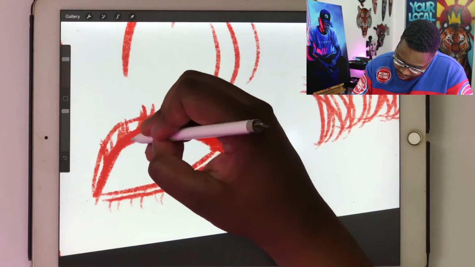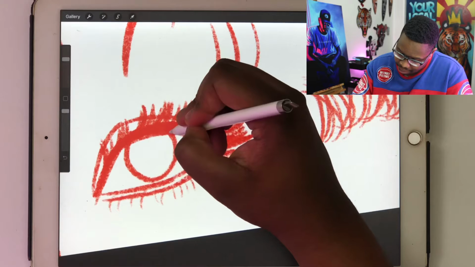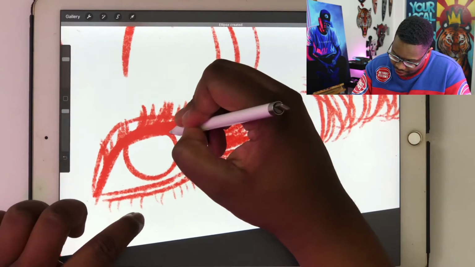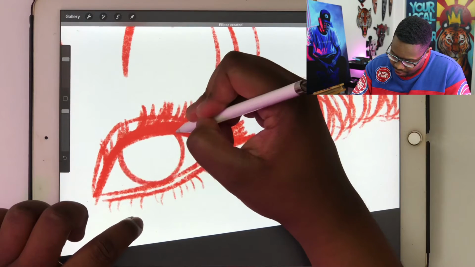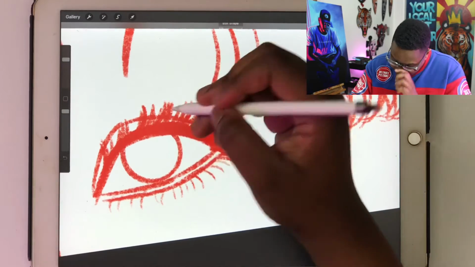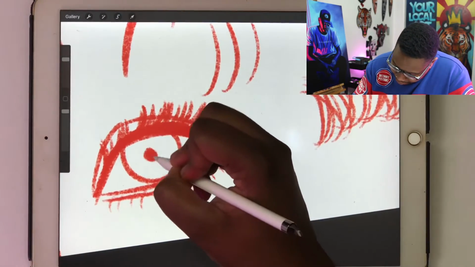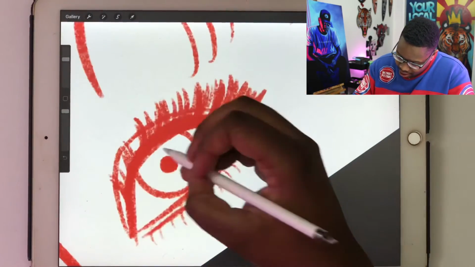And then, like I said, you keep it basically a perfect circle. I kind of cheat on Procreate by doing this. And then I have my pupil here. And I go in,